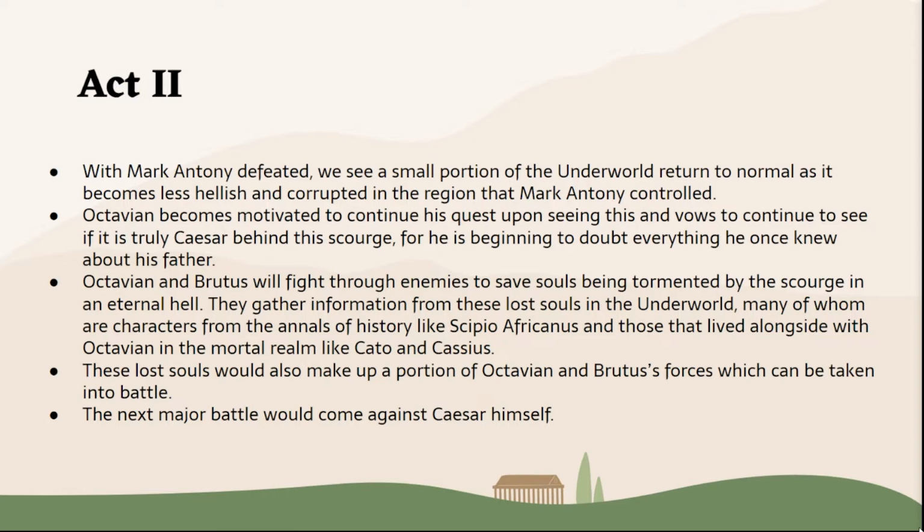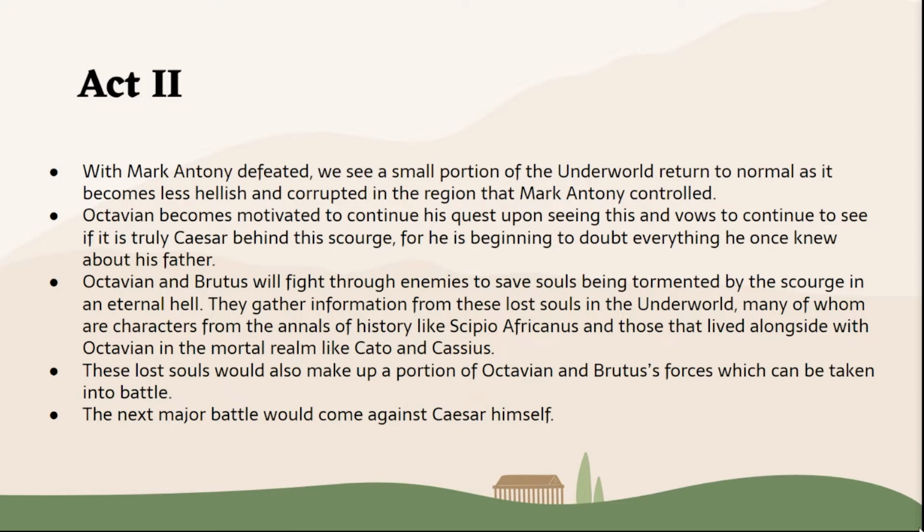While some of these souls belong to prominent figures in Rome's history, such as Scipio Africanus, the underworld is host to all souls from the past, present, and future. I would like to state here that we restricted the cast of characters to only those within ancient Rome, as we felt that characters from the distant future would not fit thematically with the creative direction that the team wanted. And also because paganism would fizzle out with Emperor Constantine's rise a few centuries later.